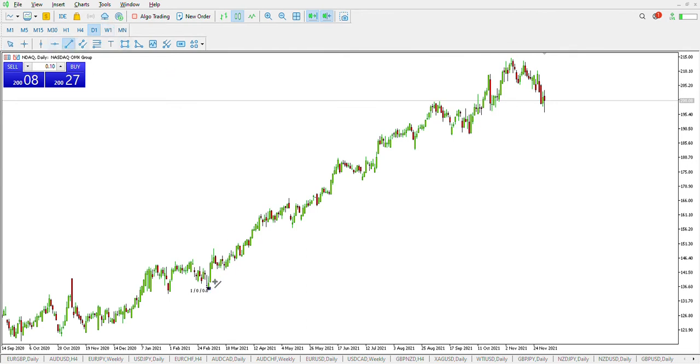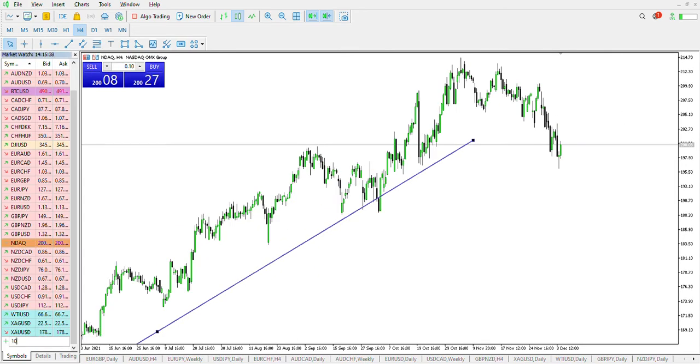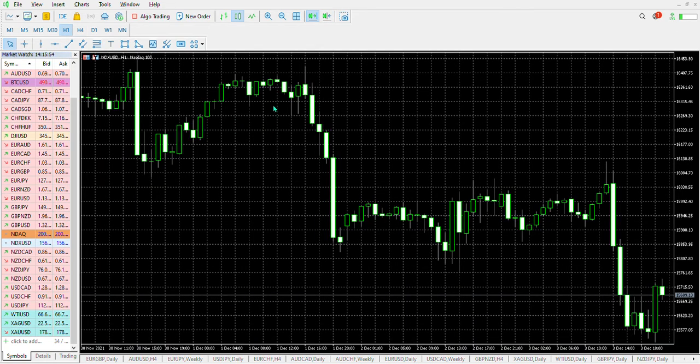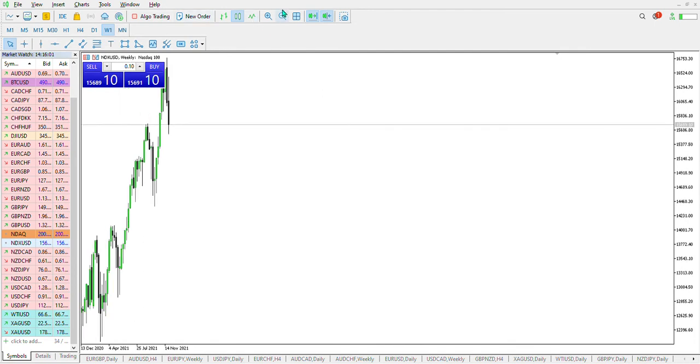So you see this bullish trend on the NASDAQ index. Is this the right NASDAQ? I'm wondering. Well, I'm not too sure about it. Okay, this is the actual chart of the NASDAQ